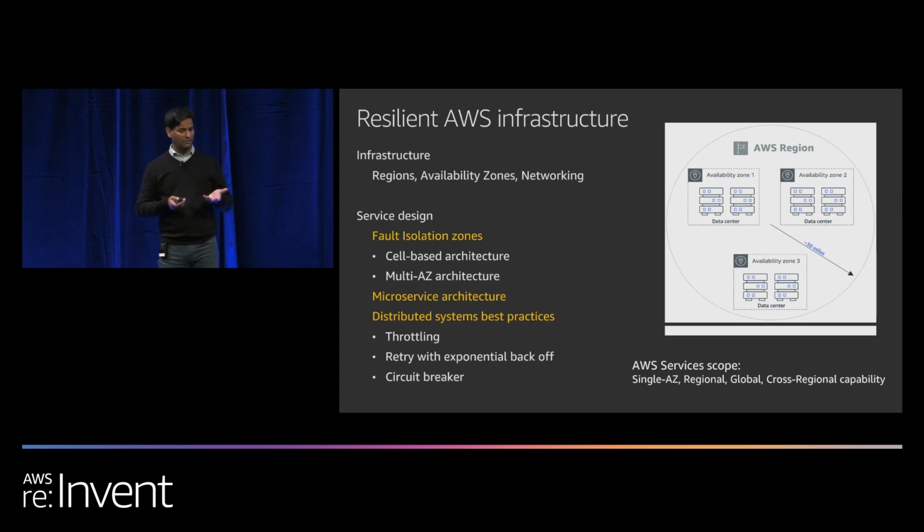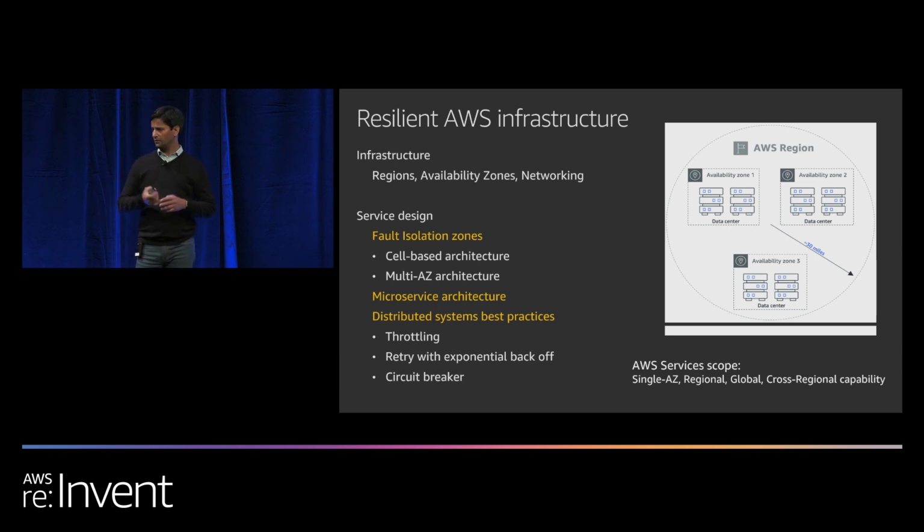Again, at a high level, an AWS region is a separate geographic area where cloud resources can be instantiated by you as the customer, and availability zones are essentially a collection of one or more data centers which forms a campus within a region. And availability zones, as you probably know, are separated and independent and are built with highly redundant networking. And we employ multiple application design constructs with different levels of redundant components. And one of the ways we do that is the fault isolation zones.